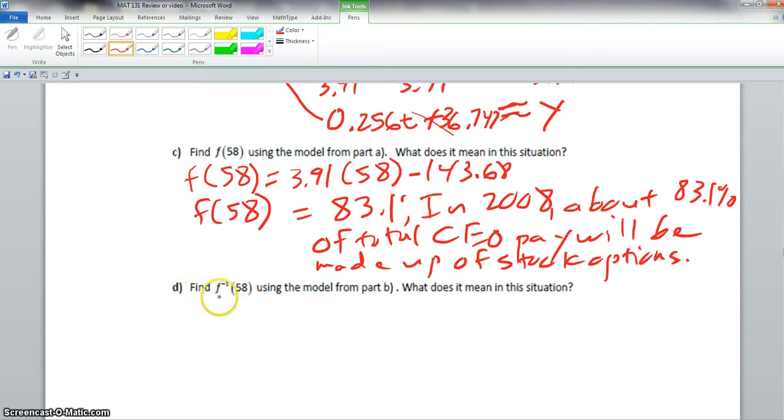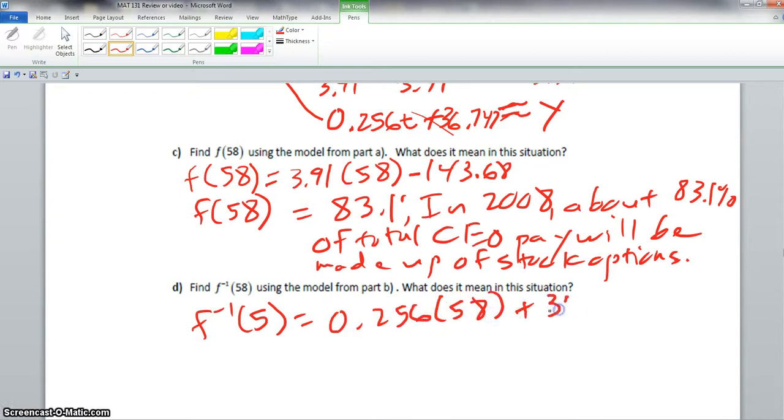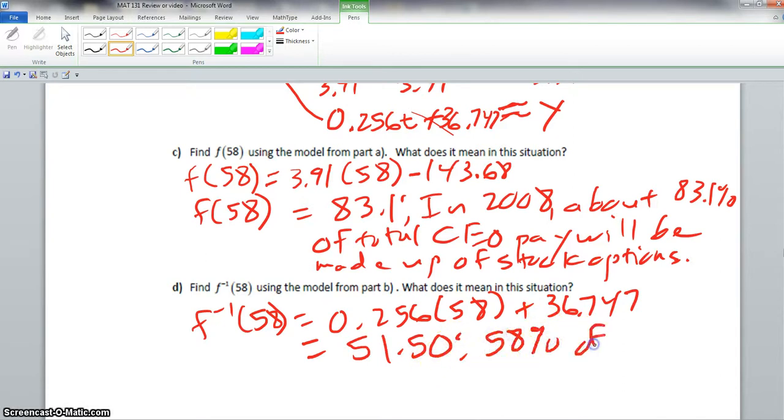Now it says find the inverse of 58 using a model from part B. What does it mean in this situation? So if we use the model from B, we would just have f inverse of 58 is equal to 0.256 times 58 plus 36.747. Now when we substitute in these values, we get 51.50. So that means that 58% of CEO